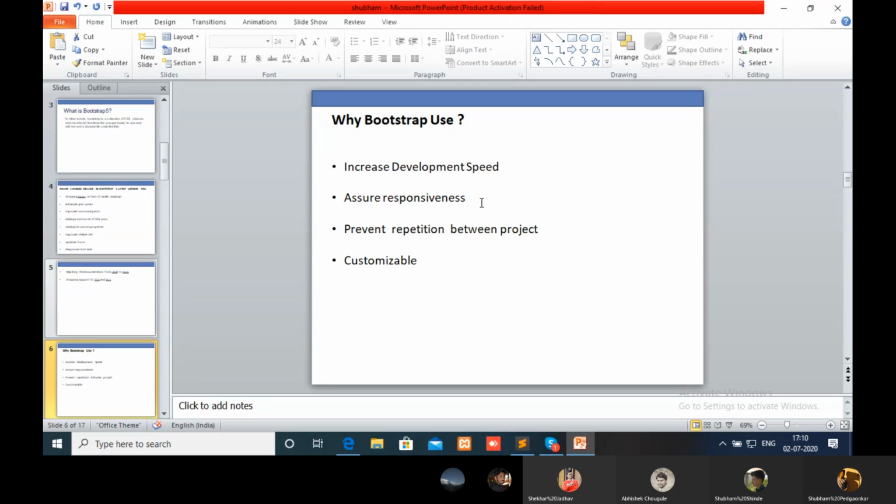If we do not use Bootstrap, we create the same property again and again. What Bootstrap does is prevent the repetition. If repetition is found, Bootstrap is used there, and it is also customizable.